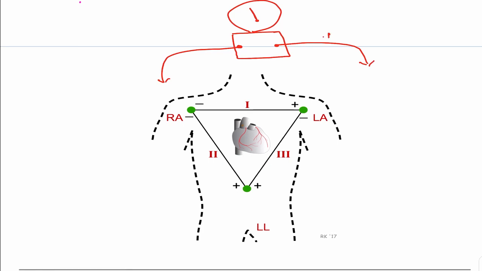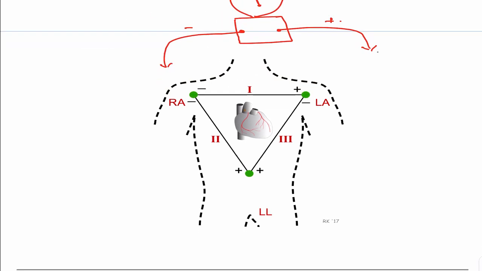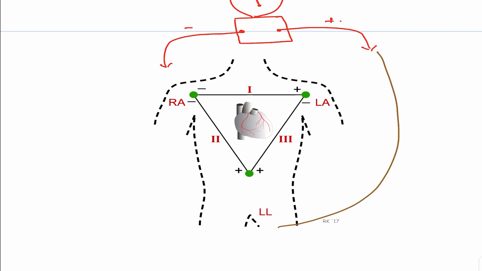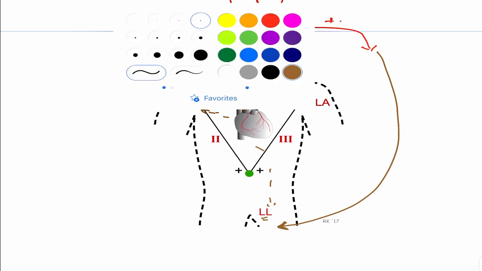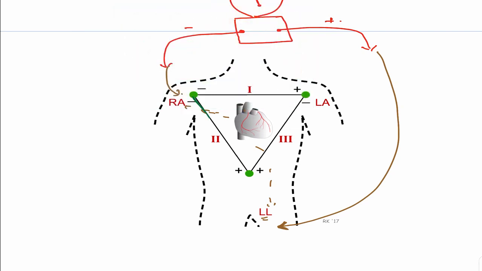So we have this as the positive terminal, let this be the negative terminal, and we can attach them in different ways. In this case, I'm just attaching the positive terminal to the left leg, LL, and the negative terminal to the right arm, because the electrical activity just comes from there and can be perceived anywhere, in the legs or arms. So what we get is an electrical axis which runs like this. This is the only axis we have to be bothered about here, and it is a lead which is called lead 2.